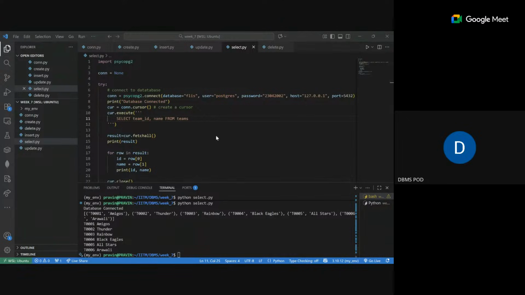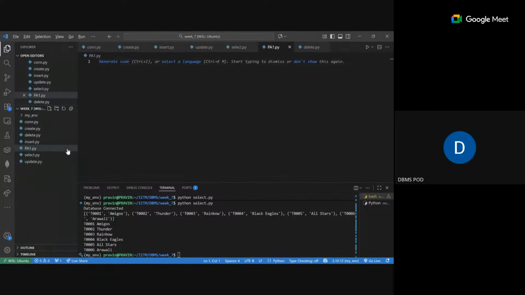The main difference with the portal is that the database, username, password, all this will be given by default. So you need to paste that code, which is given in the portal. That's it. So I'll take PA1.py and